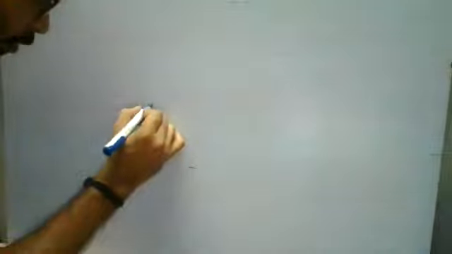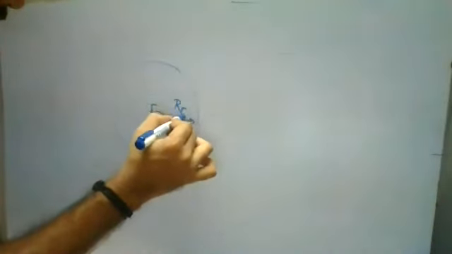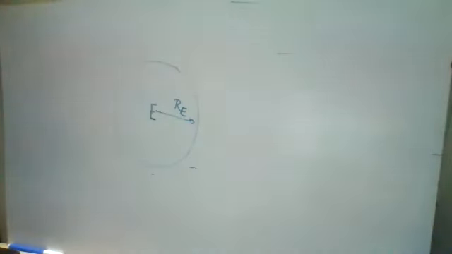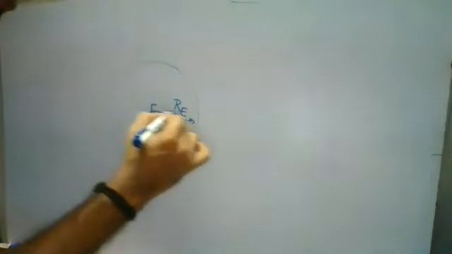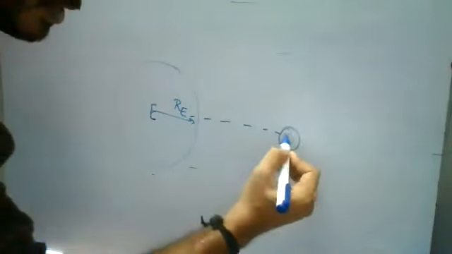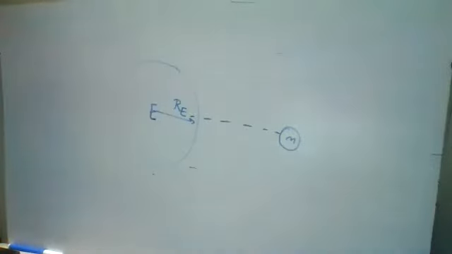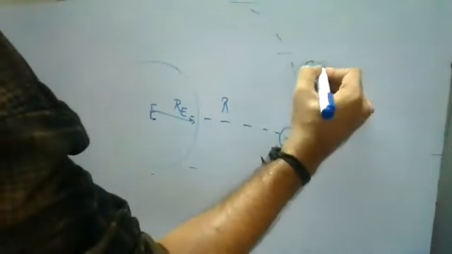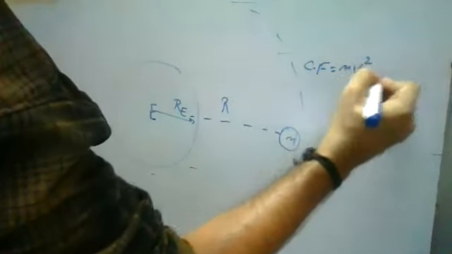Assume our planet Earth. It has its own radius; assume I'm taking this radius as RE. Now there is a satellite with mass M, our moon. It travels in its own orbit, making a radius from its center. This center is nothing but our planet Earth. From its center, it creates a force. This force is nothing but centripetal force, which is mv square by r.